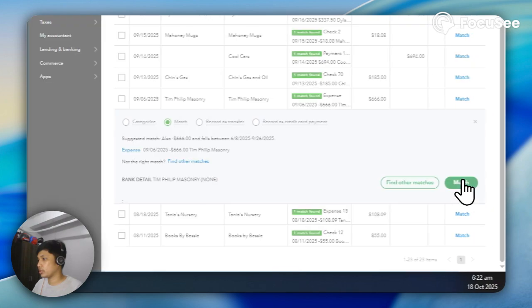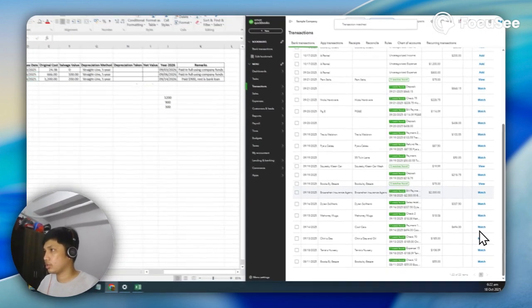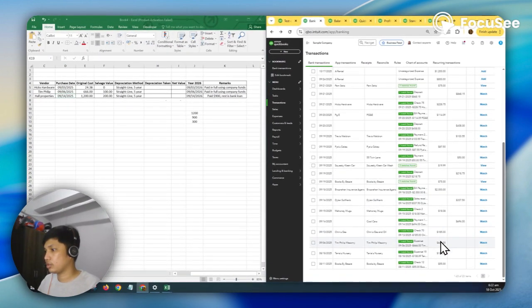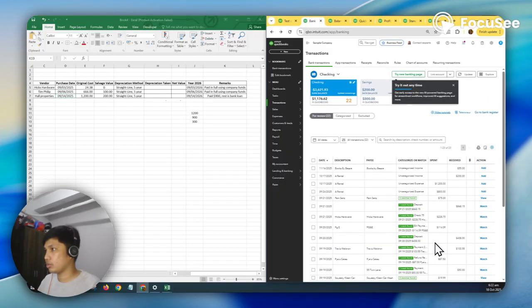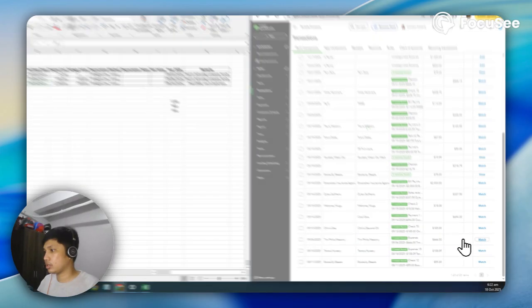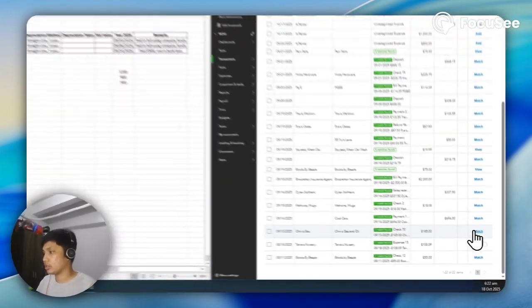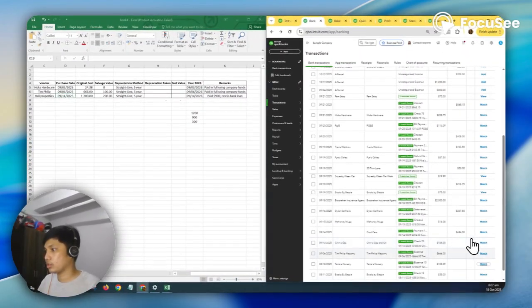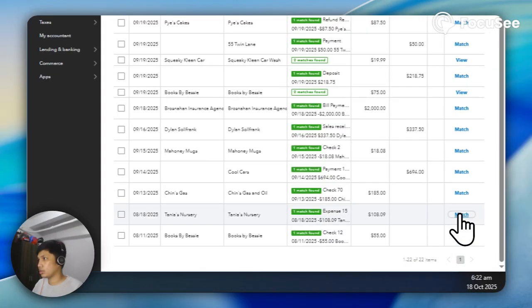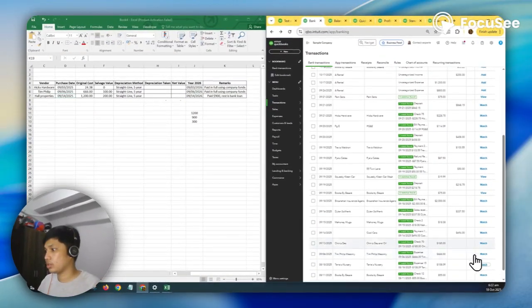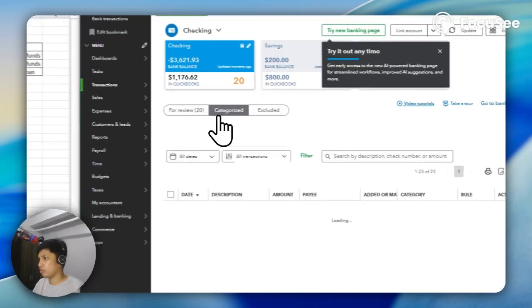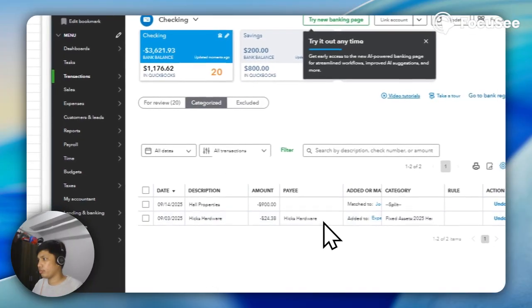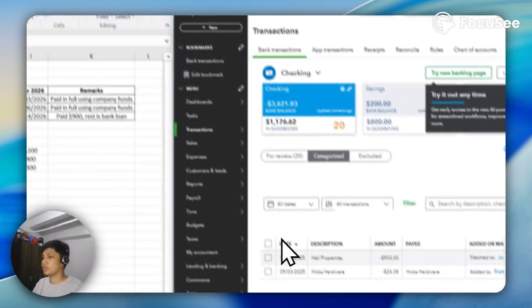I'm going to match it. Oh, why doesn't it match? Hmm.